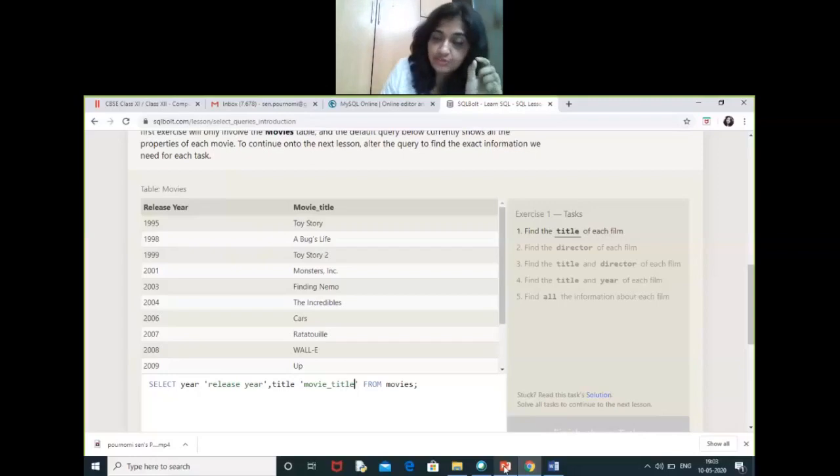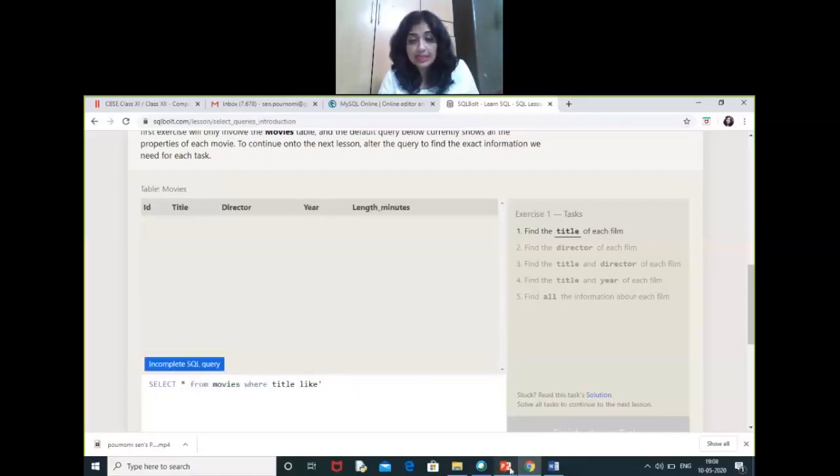So we have to focus on the attribute title, followed by the like clause, followed by single quote or double quote. Now there are different types of patterns. Percentage is used to represent any number of characters. So percentage can replace zero or any number of characters, and underscore represents a single character.